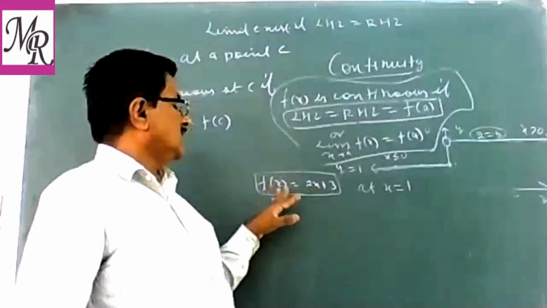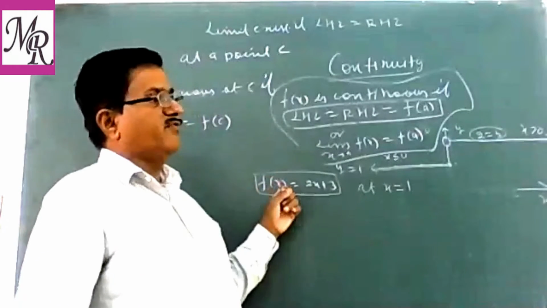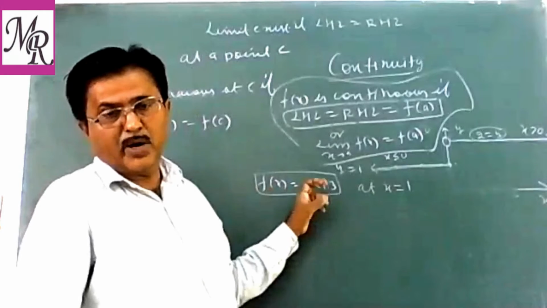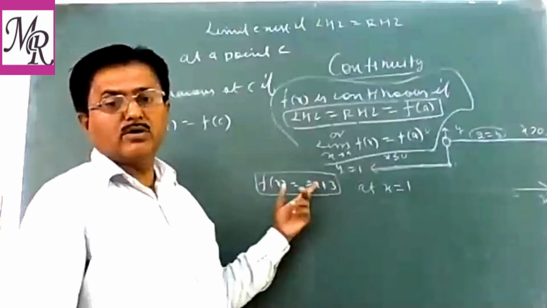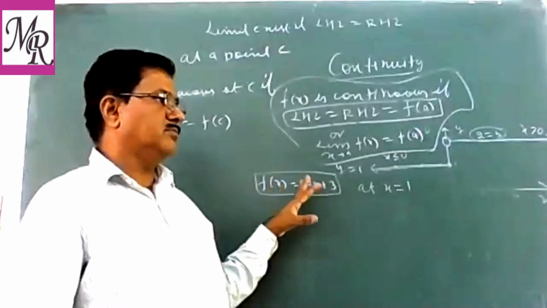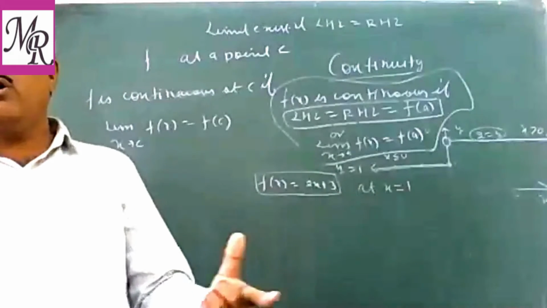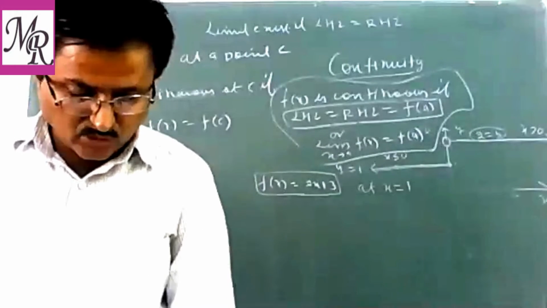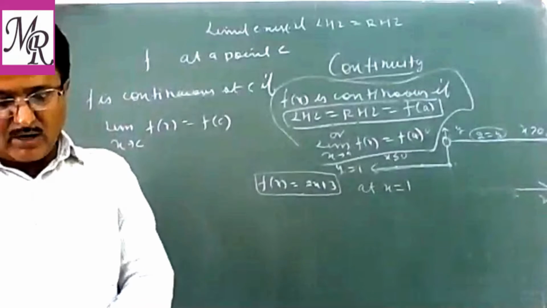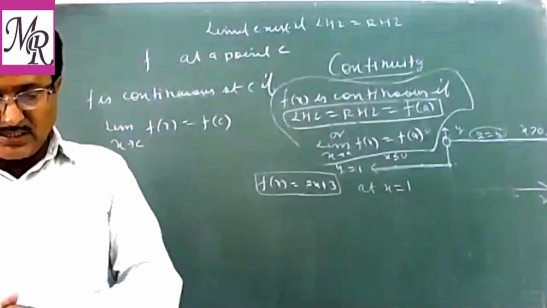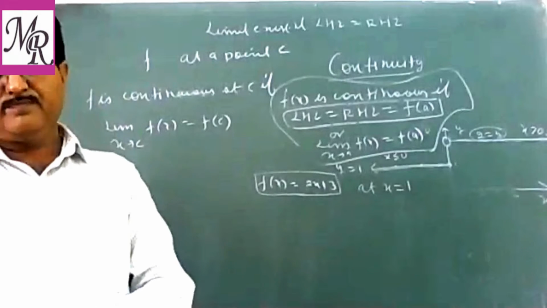So you can see as in our previous classes, the value of this function is defined for all real. Define का मतलब क्या है? X पे आप कुछ भी वैल्यू रखोगे इसकी वैल्यू आएगी. X equal to 1 रखा, 2 रखा, 3 रखा, -1, -2, 0. So this function is defined for all real values. तो ये हमेशा आपको पहले चेक करना है. First of all, you have to check whether the given function is defined or not at the given point.